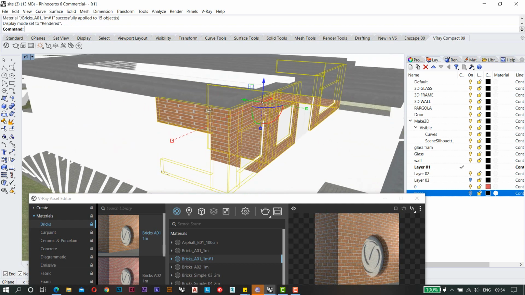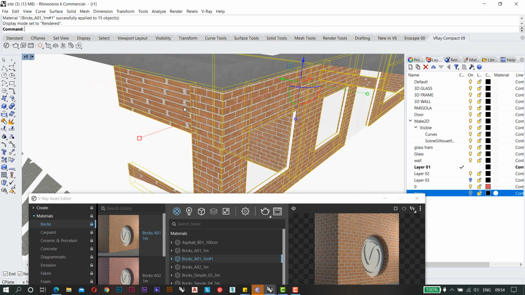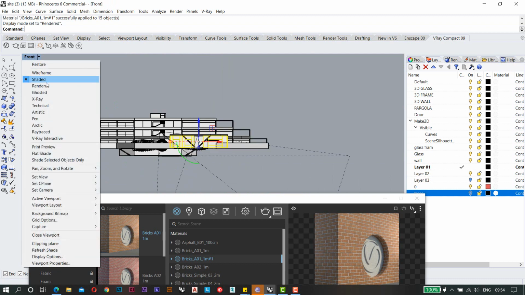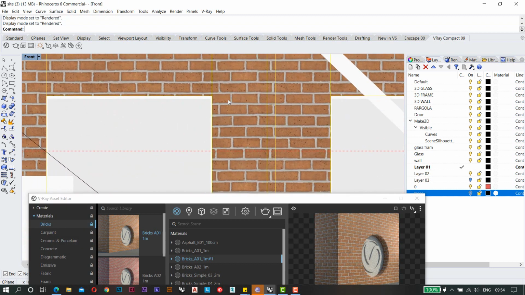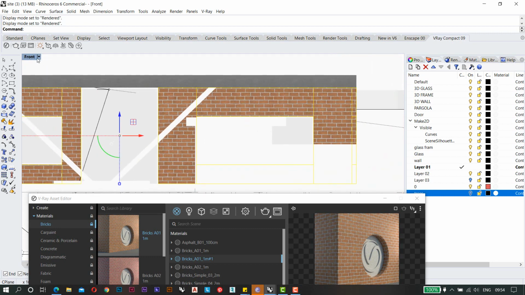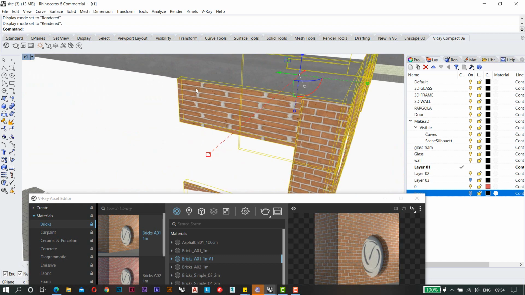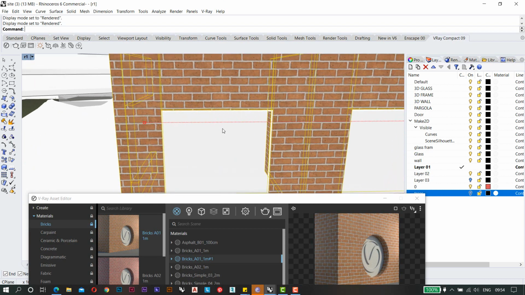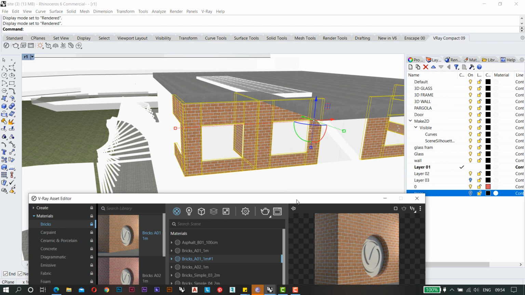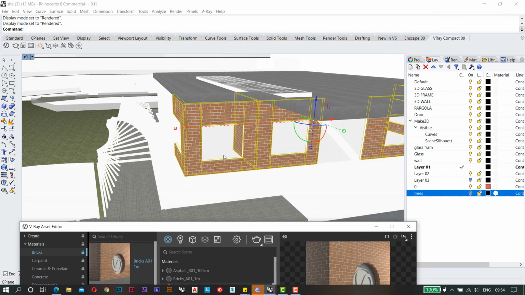So you can see the scale of the brick is not similar at every point, as I can see in the front elevation. If I go to my rendered mode, you can see the scale which is going to be here and the scale which is going to be here might not be the same as this scale, because this is the stretched image of the same bricks. So for making the same kind of texture at every point, what we need to do is the texture mapping of our brick walls.